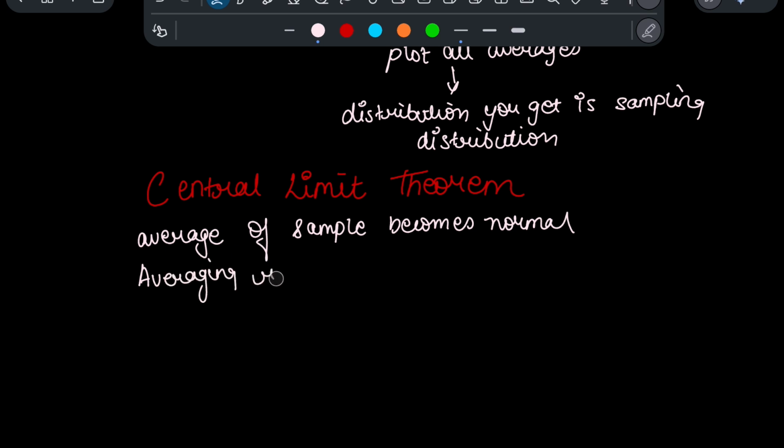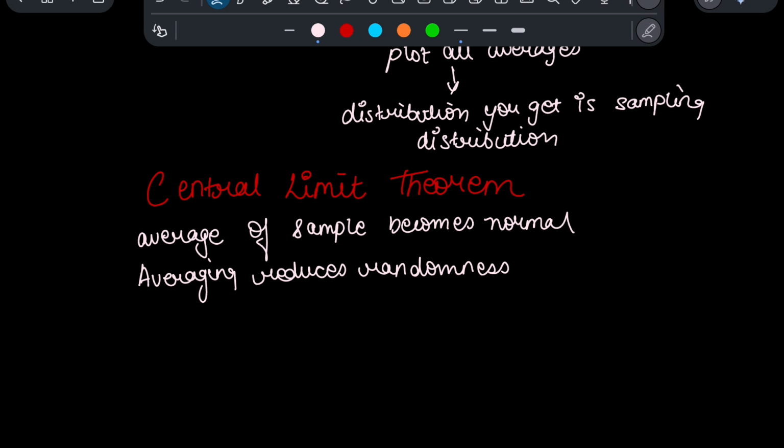Averaging reduces randomness. Extreme highs and lows get smoothed, producing the bell-shaped curve. A real life example: imagine rolling a dice. On a single roll you get values from 1 to 6, that is a uniform distribution. The average of 2 rolls is more centered, and the average of 10 rolls is strongly centered near 3.5. If you repeat these steps many times and plot the averages, you will get a bell curve. So the original data was not normal, but the averages become normal.